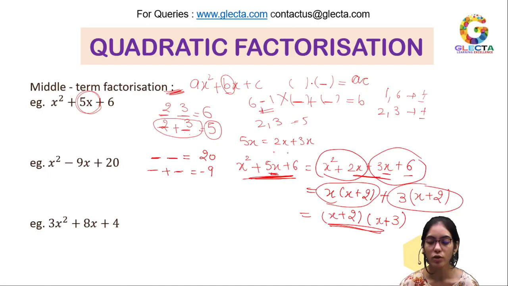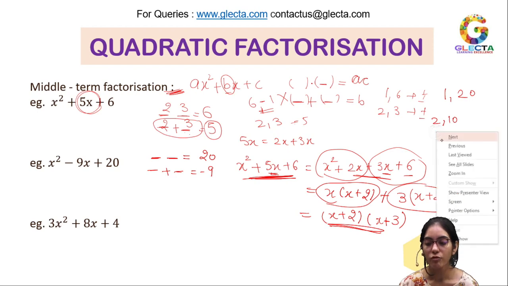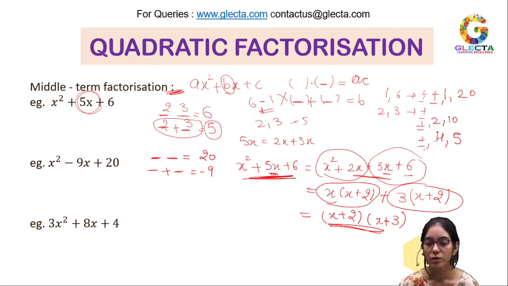Okay, so finding out the factors of 20, we have 1 and 20, 2 and 10, 4 and 5, and their negatives as well. So, finding the numbers whose sum will be minus 9. Obviously 20, if we add 20 with 1, it will be 21. Subtracting also, we don't get minus 9.